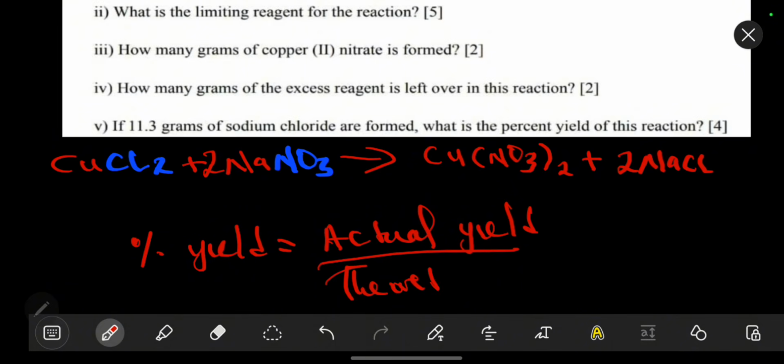So we have the theoretical yield like that. Then we multiply this by 100%. So now the theoretical yield can be obtained from a reaction. Now we know the theoretical yield is not actually what you get in the reaction, because sometimes you